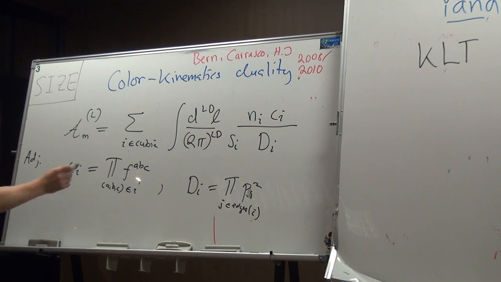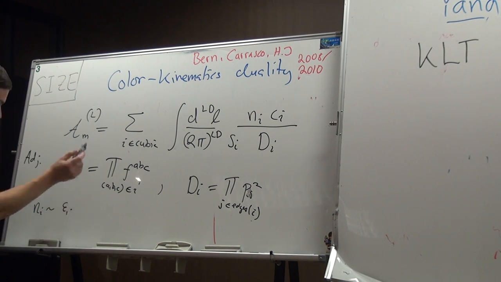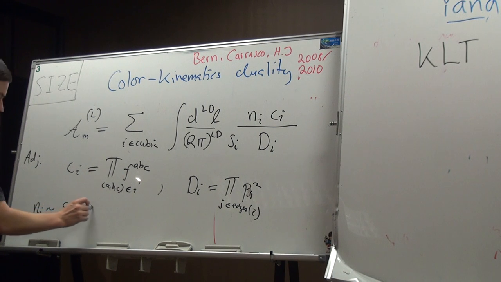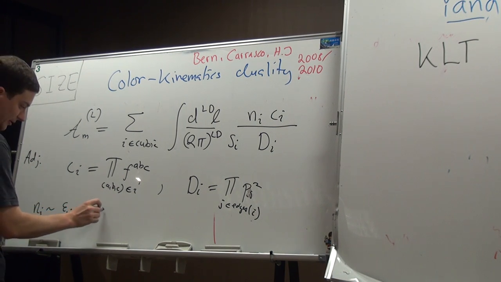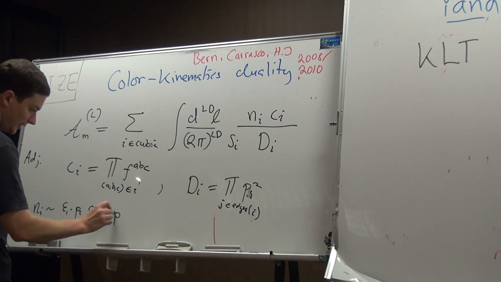And then what are the numerators? So the numerators are the most difficult one to describe. So I'm not going to define what they are. In general, you have to solve for these numerators, but typically the way the numerators look is that they have some polarization vector for some leg, like say leg 1, and that dotted into some momentum, say p2. And then you have more polarization vectors, which can be dotted into some other polarization vector, and then you have momenta which